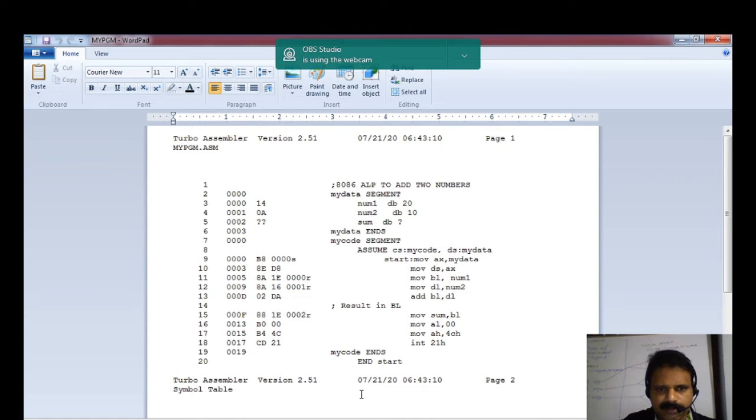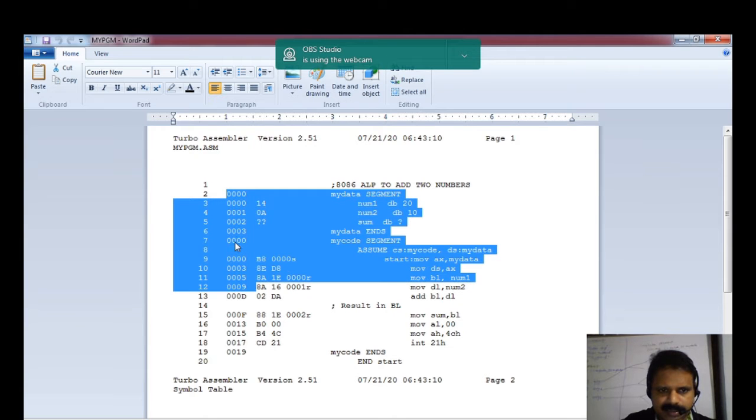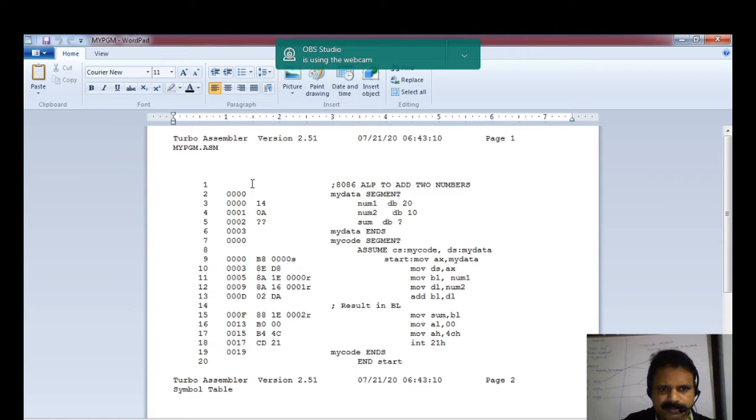This was the object file generated by the assembler. Here we are interested in the addresses generated by the assembler. See, the first data item here is num1. Its address is 0000, and num2 is 0001, the next byte.